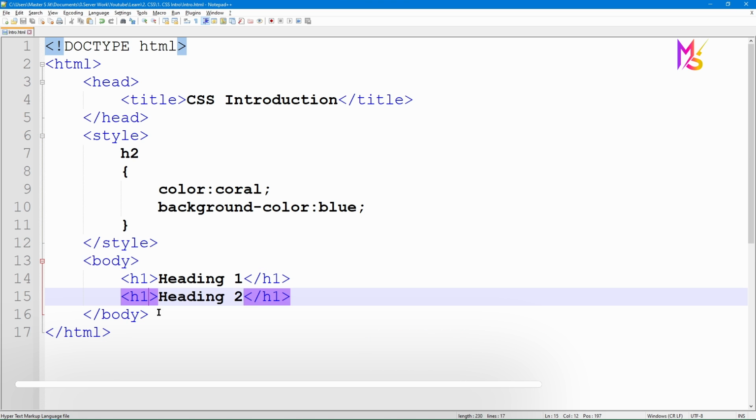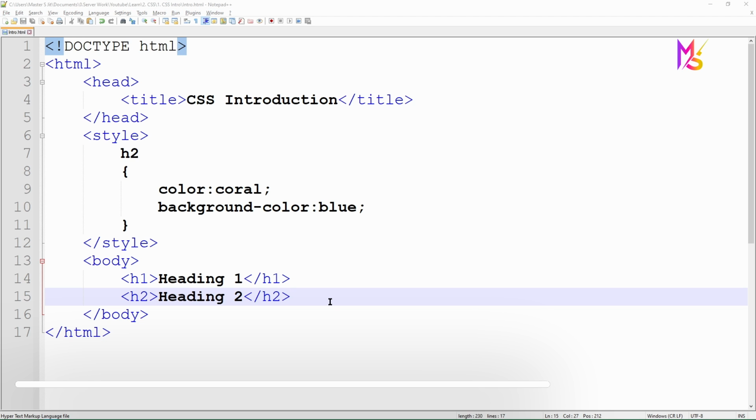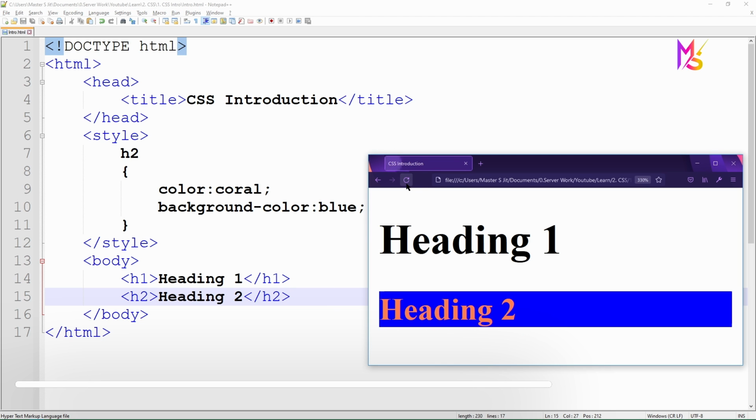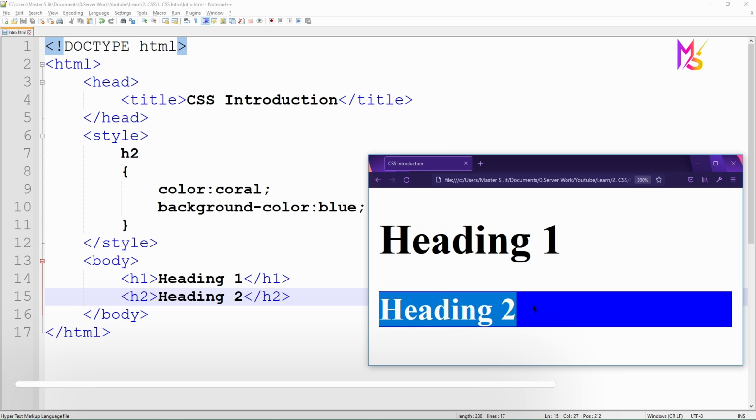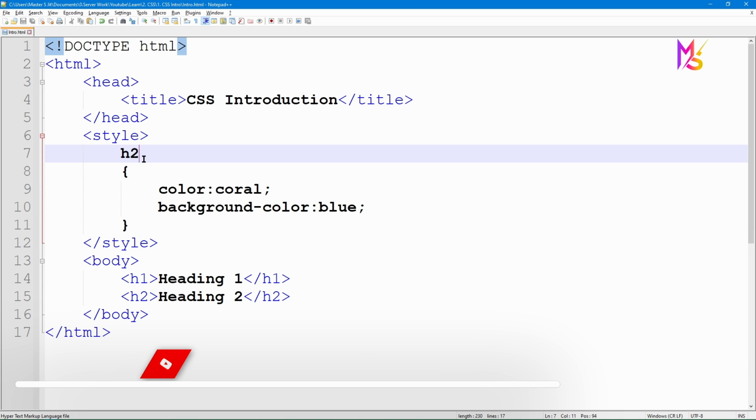If you write this as h2 and save this file, then go to the browser and refresh, you can see that the h1 heading is no longer styled, but the h2 heading is styled because we took a selector of h2. That's why it's styling the h2 tag.